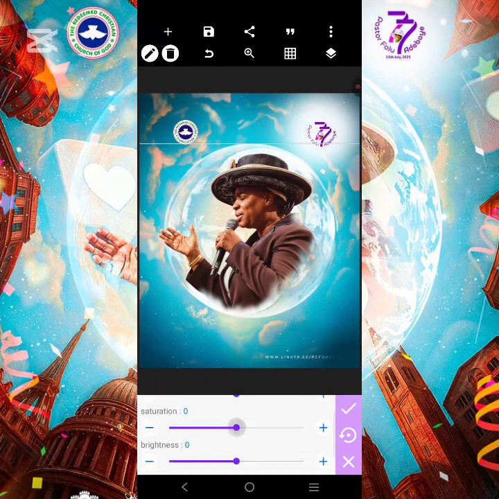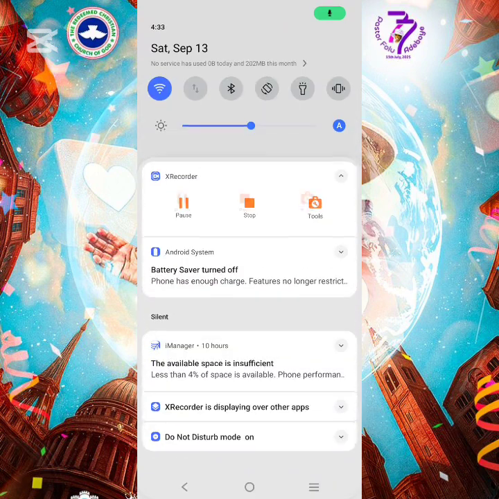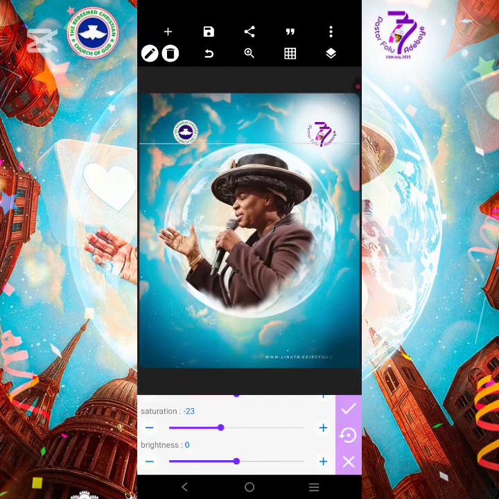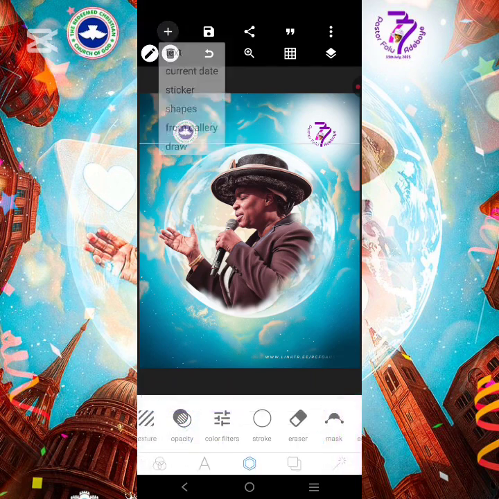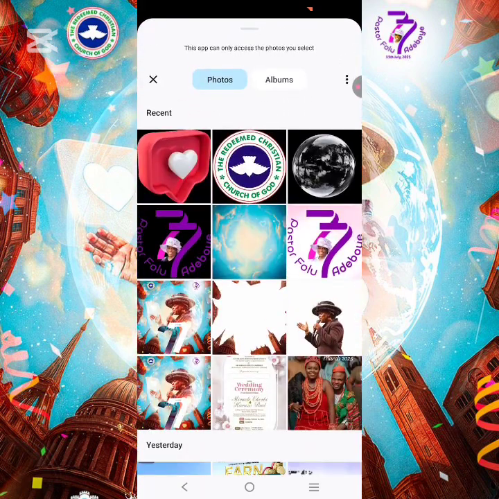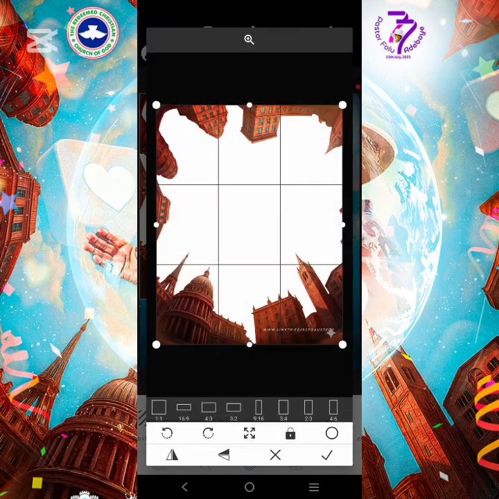So let's reduce the opacity like this. Let me take this guy up, reduce the opacity, then go to color mute, and then try to adjust it to get the color of the background I'm going to put right now. So the background I'm going to put right now is going to be this background right here. This background, if you notice now, the background has also